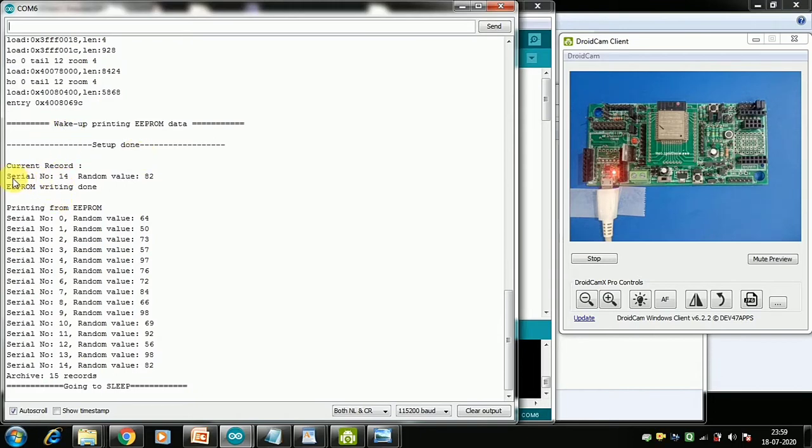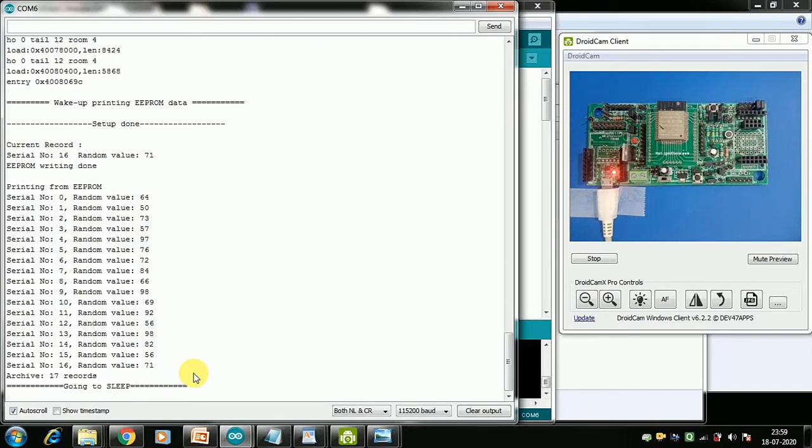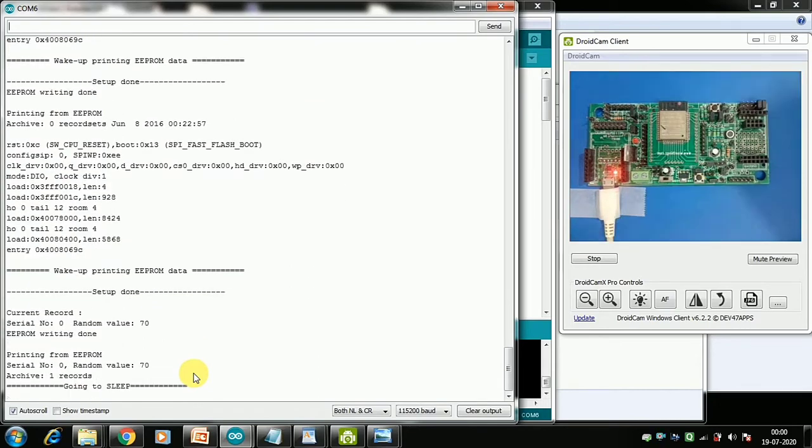After wake up, it collects the current data and then appends it to the last data that it had, so every time the data will increase. It was 15 data, now you can see one data added to it, so it becomes 16. This will go on every 10 seconds. EEPROM also has some memory limitation, so this cannot go on for as long as you want. So we have added two buttons here. Once you press this button, you can reset the EEPROM memory and it goes to 0 again, and then the 10-second cycle starts up again. This is how it is working.